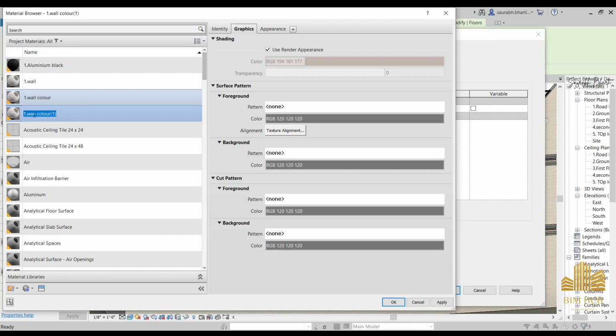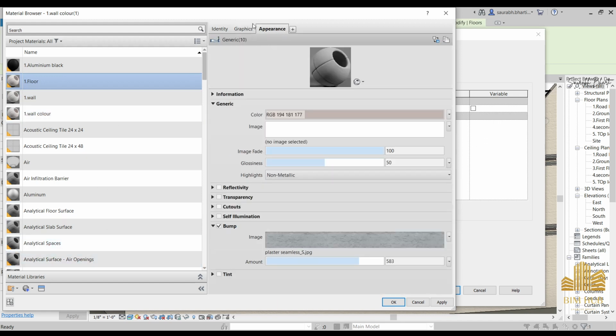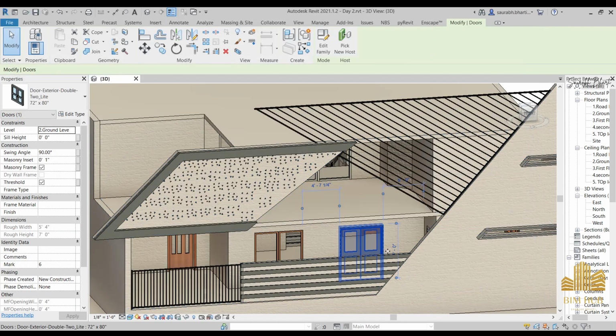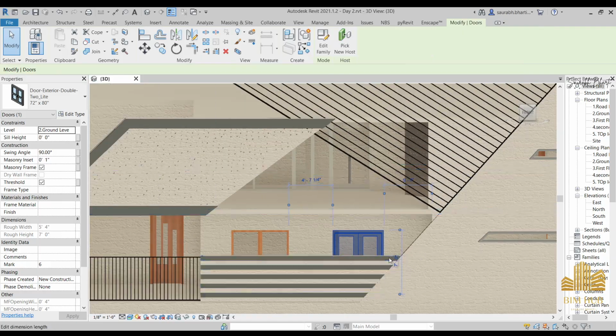After this, rename it as floor, and then after renaming, go to the appearance and make a duplicate of it. So now whatever changes we make to this one will not reflect in the other walls. Okay, so just okay, okay, and okay, and you will find that you have the same color of floor